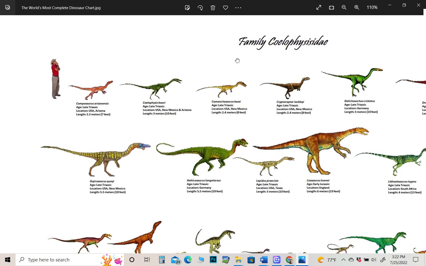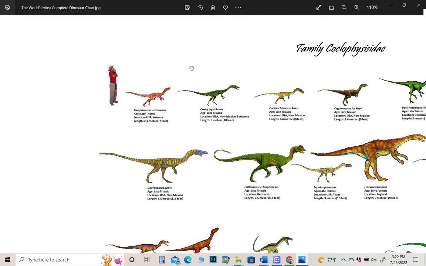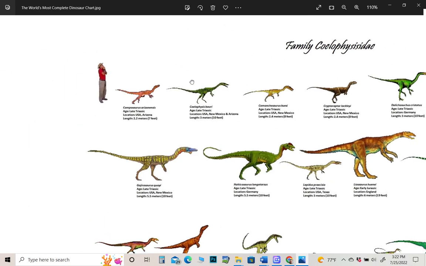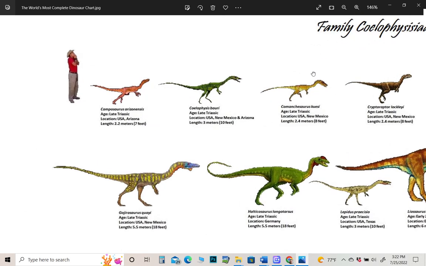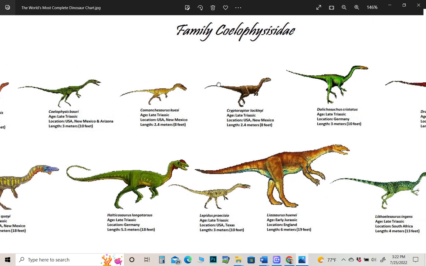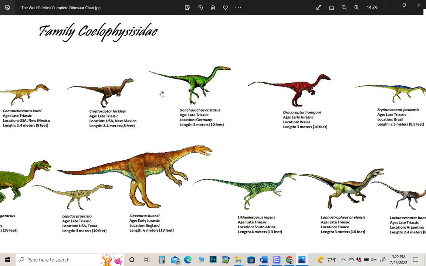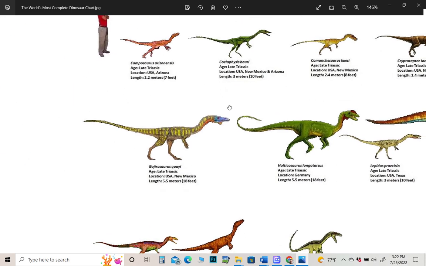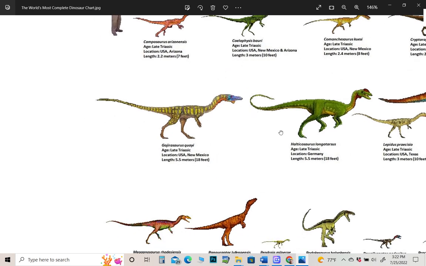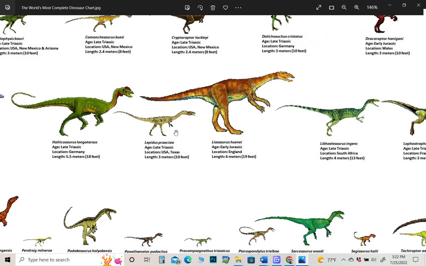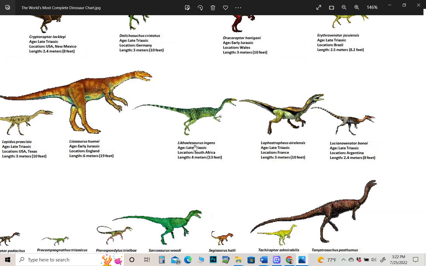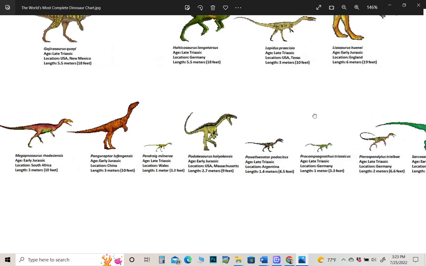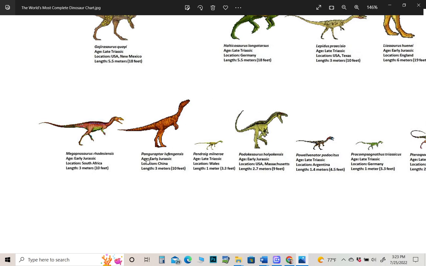And then the Coelophysids. I think this is most of this is from the Triassic period. Camposaurus, Coelophysis, Comanchesaurus, Cryptoraptor, Dolichosuchus, Dracoraptor, Erythrovenator. I think that was found a few years ago. Erythrovenator was. Gyrosaurus, Halticosaurus, Lepidus, Niasasaurus, Lecuelosaurus, Lophostrophius, Lucianovenator, Megapnosaurus,